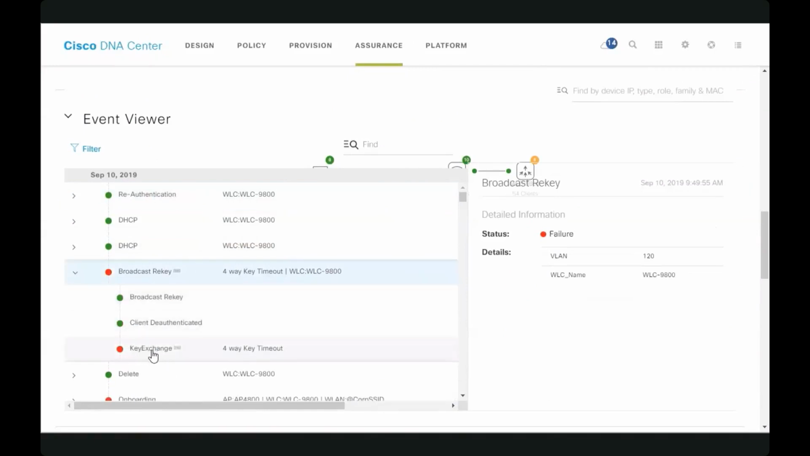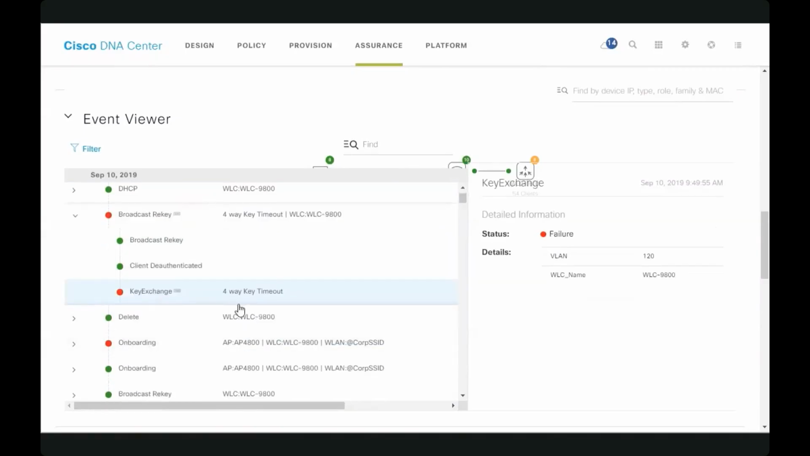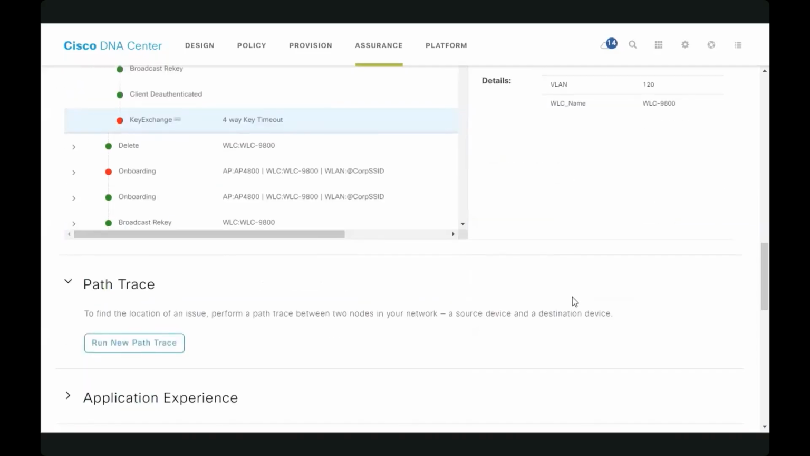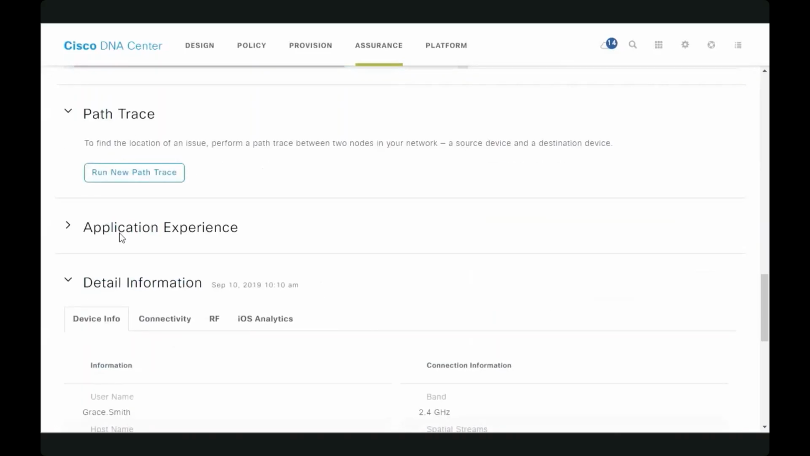So there's a key exchange issue. I can click on that, and this is a 4-way handshake timeout. So it looks like there's a timeout occurring regarding some type of authentication going on between Grace's device and our wireless network. If I scroll down a little bit more, we've got things like path trace, application experience,